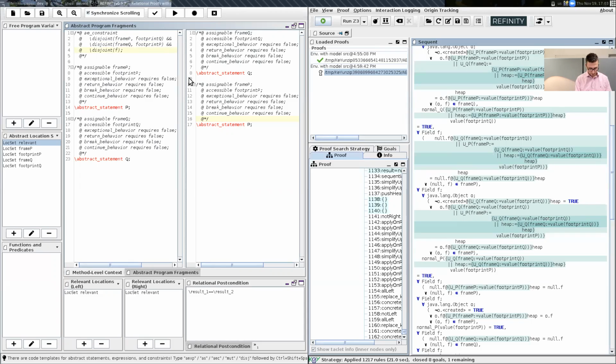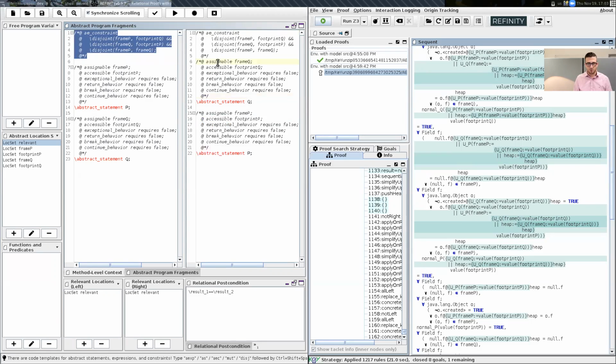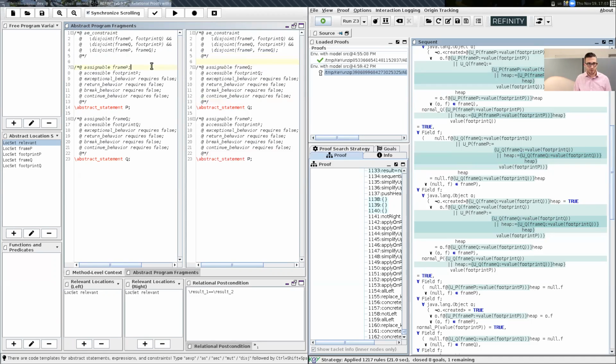So let's do this quickly. Frame Q, so there should be no typos now in this live situation. All right, we need to paste this also to the other program, since they are basically regarded in isolation. All right, so this should suffice, and if I'm not wrong, Key should be able to prove this thing automatically